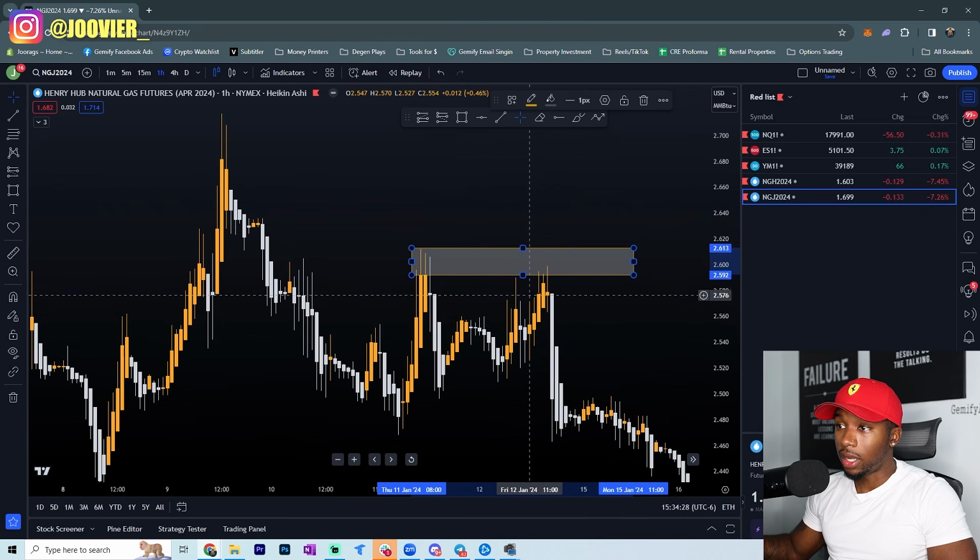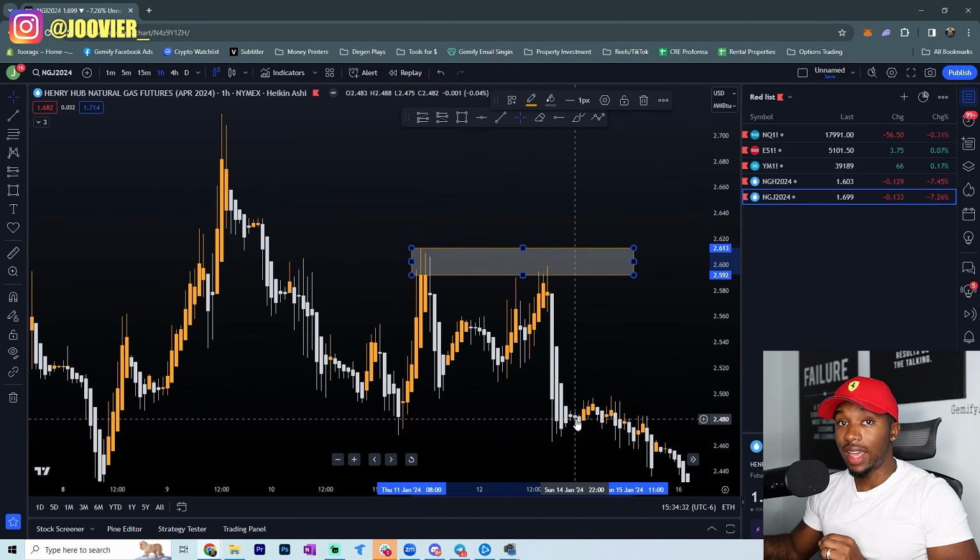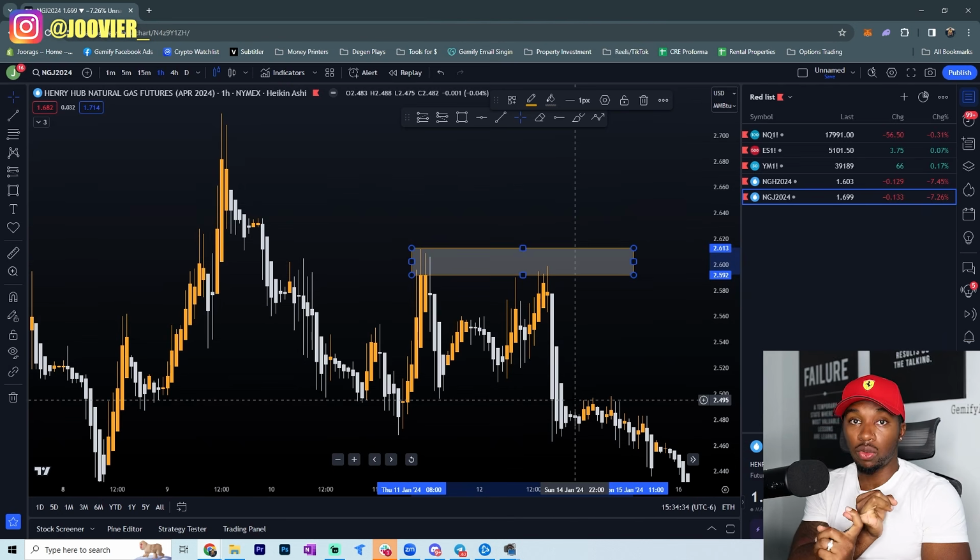I'd wait for price to come back up into it, which we see it did right here, and I'd be able to catch a sell off of that. That's simple. So I'm waiting for either change of direction zones or I'm waiting for huge rejections at one area, whether it's a buy or sell. Huge rejections at one area, I'm drawing my box at that zone and I'm waiting for price to come back